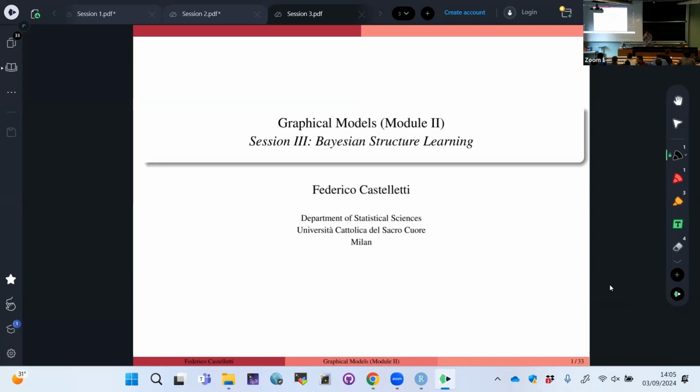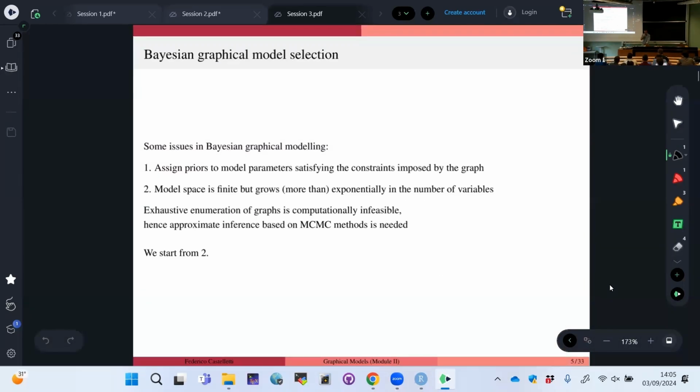Okay, so I think we can start with the Bayesian part of today's module. Remember the framework that we summarized this morning about Bayesian model comparison. And let me emphasize the two main issues in Bayesian graphical model comparison. The first one that we mentioned this morning is to design priors for the model parameter that satisfy the constraints